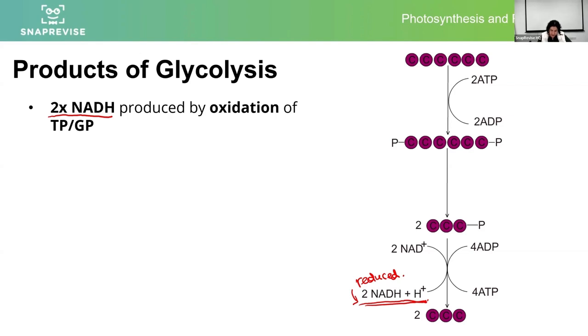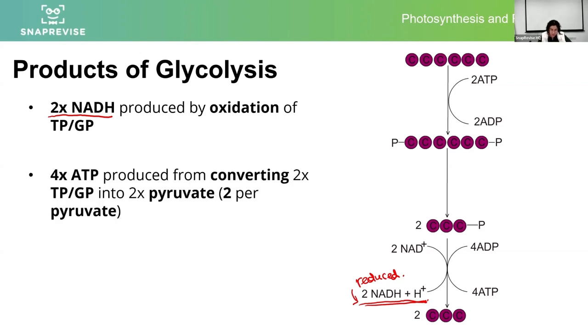We then have also 4 ATP molecules that are produced here, from converting the triose phosphate or glyceryl phosphate into